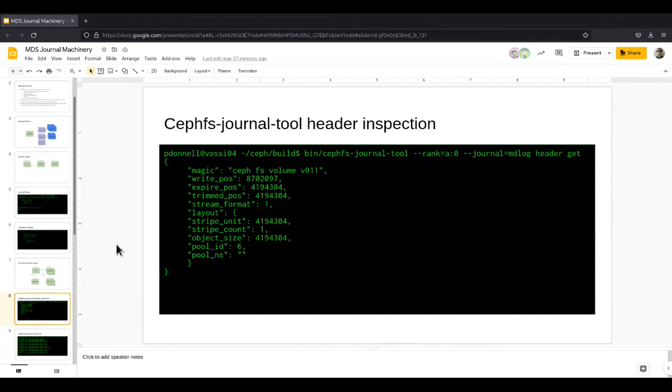So another way to look at the journal header, without actually running Rados commands and then manually running the decoder, is to also just run the CephFS journal tool. It's relatively new. It was done in 2014, again by John Spray. He added this tool to allow us to do some kind of disaster recovery for the journal, but also just to inspect its contents. And so this is a good tool to become familiar with as a CephFS developer,